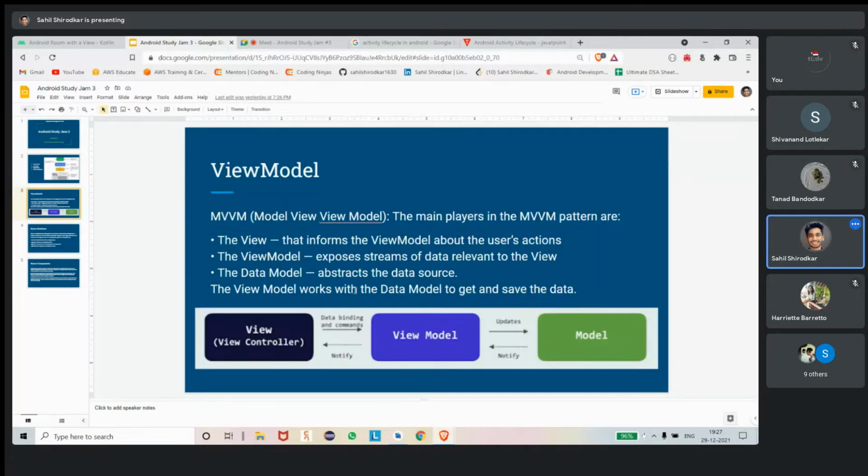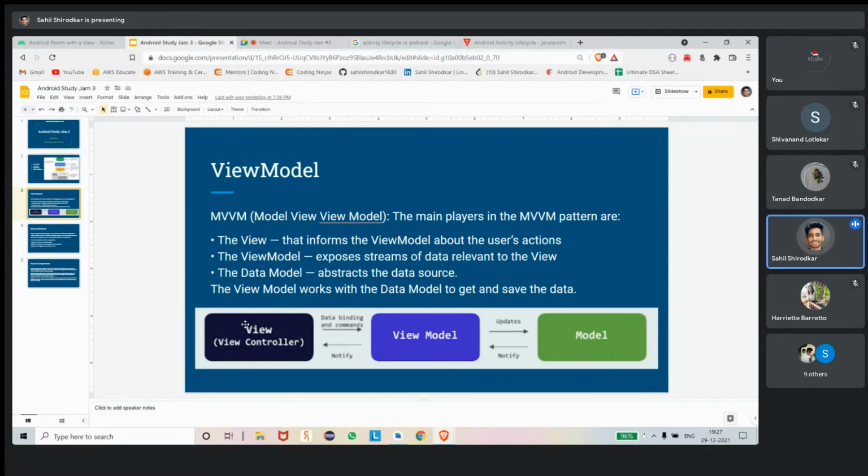Before starting, I'll again explain a little bit about the view model. As I told you, to separate the complex interactions or heavy operations, we separate all the code by using view model. That is a view and a model. A model is the database you can consider, and view is the main activity which interacts with the UI.